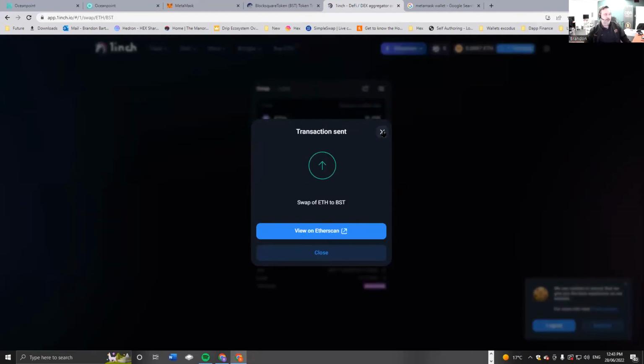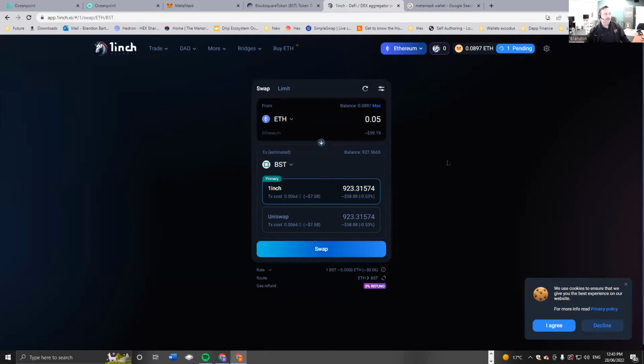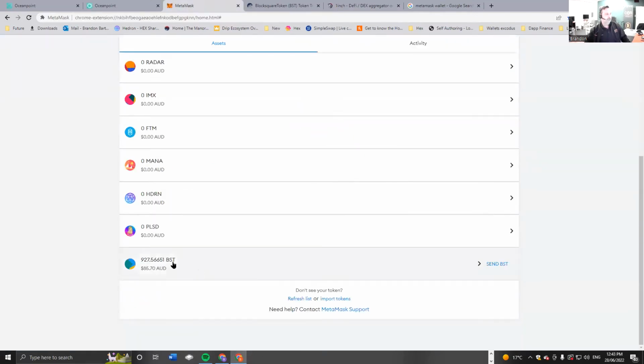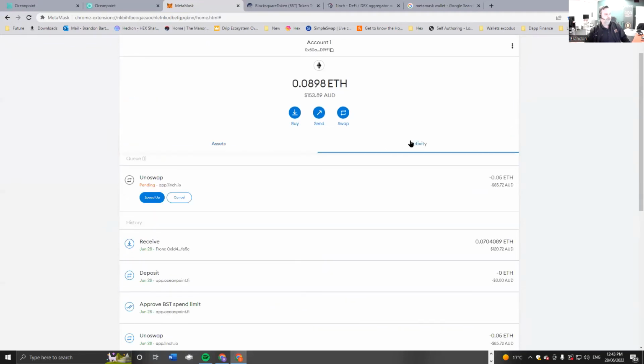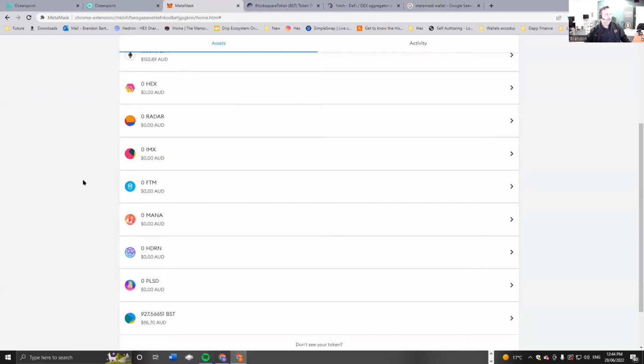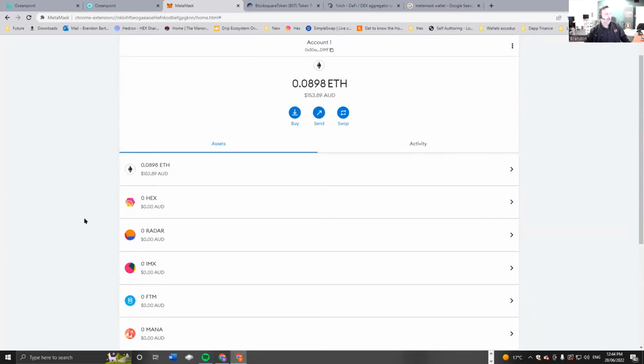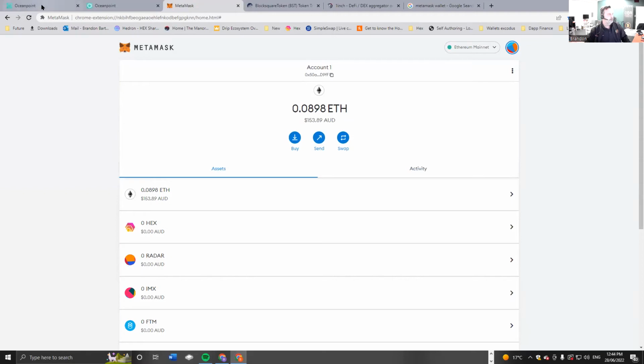Okay, now that transaction's been done. It'll appear in your MetaMask wallet down here. It's still pending, so it hasn't quite gone through yet, so you have to wait until it goes through. Like I said, I already have some in my wallet. This is a demo wallet. More will appear here. While you're waiting for that, go to